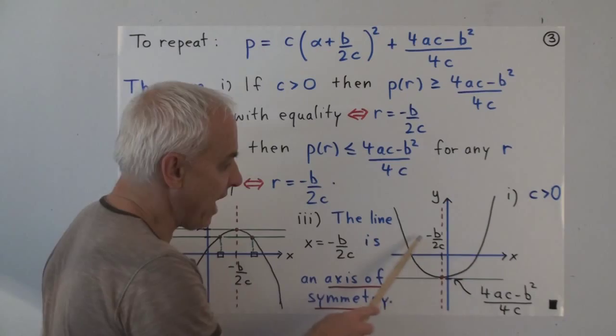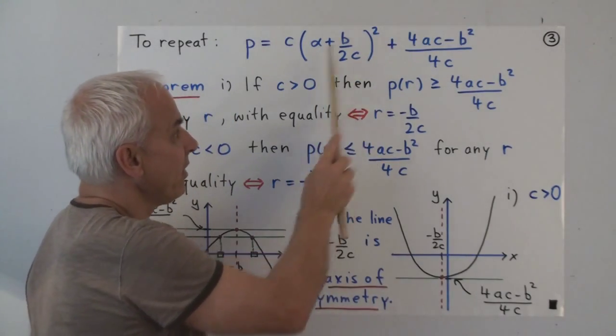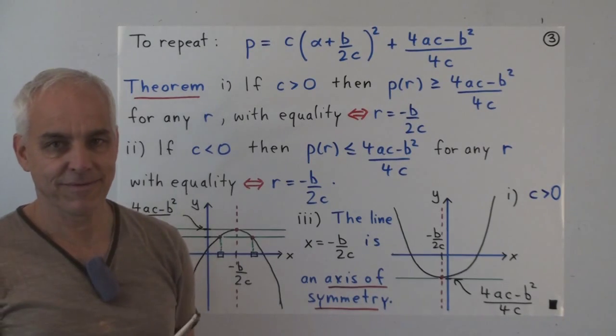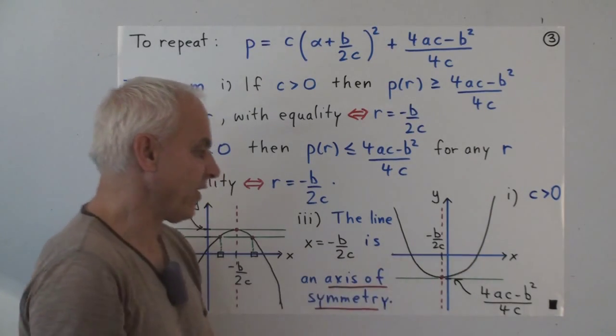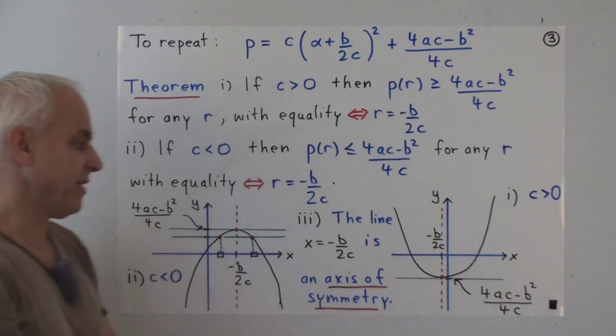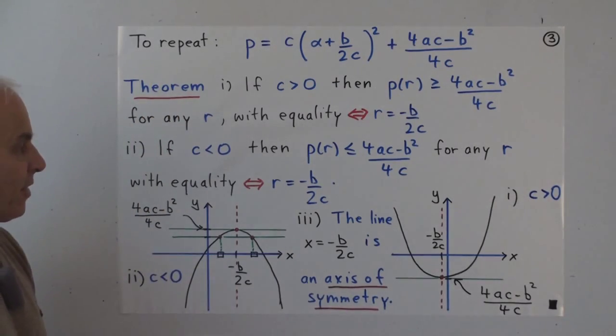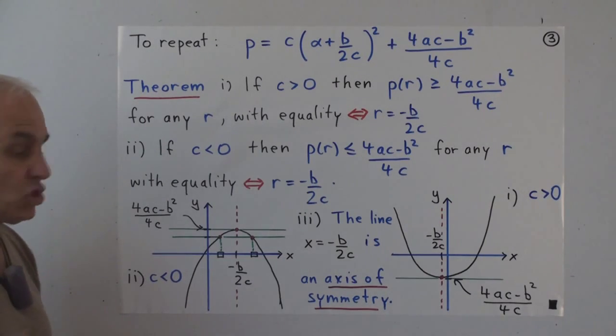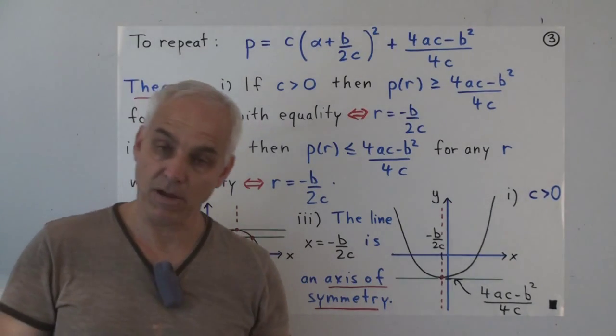And the reason why the two values are the same is because r squared and minus r squared are equal. That's the reason why the curve is symmetrical about this line. All right, so this is a very nice and important formula in the study of the geometry of a parabola